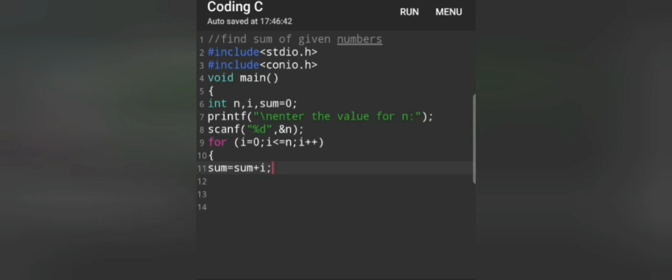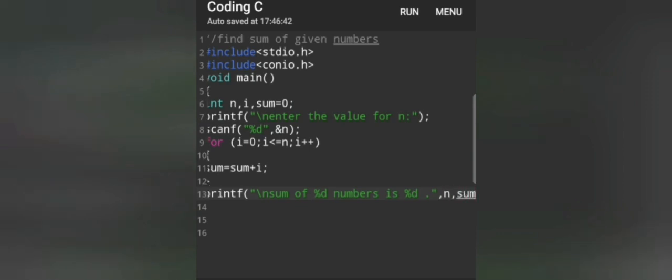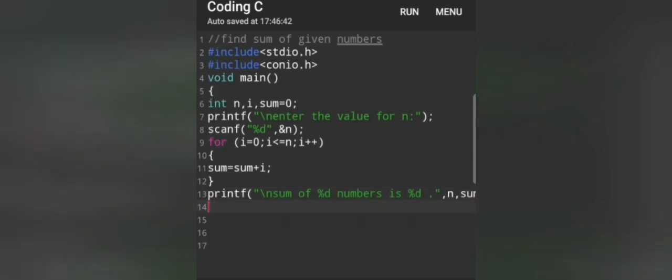After the statement for my for loop is written, I will close this block with closing curly braces. From the next line, I will make use of a printf statement and display the actual sum. The message displayed will be "sum of %d numbers is %d". This simply means that the sum of n numbers is the sum variable. After writing the printf statement, I will write getch(); Now our final code is done and we will close it by making use of closing curly braces.